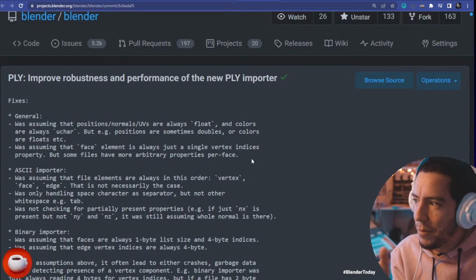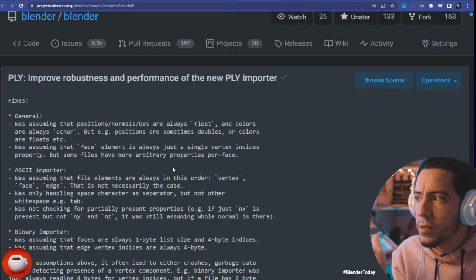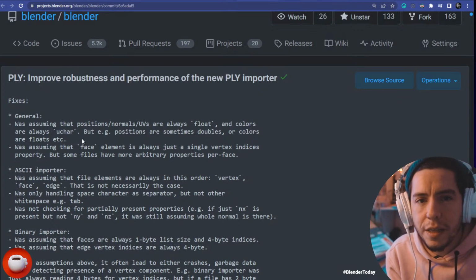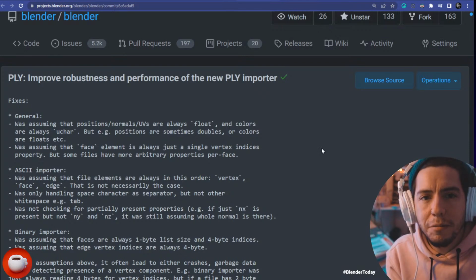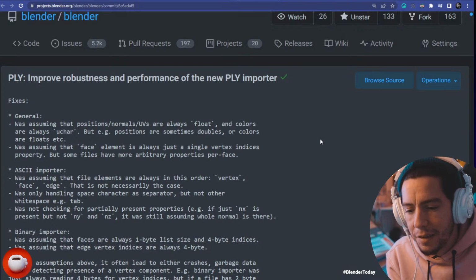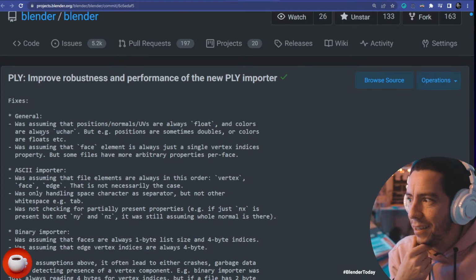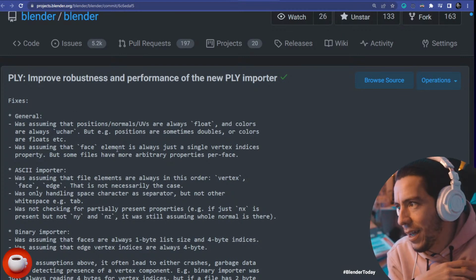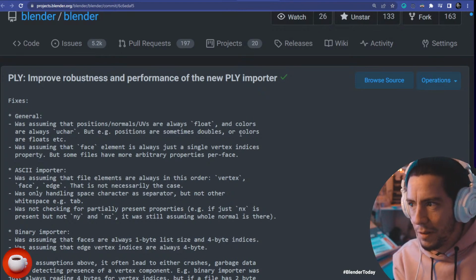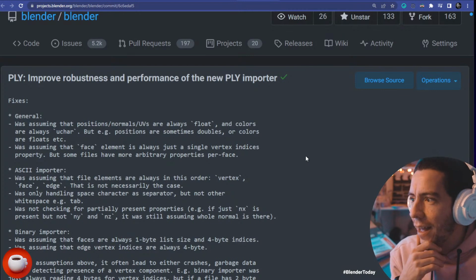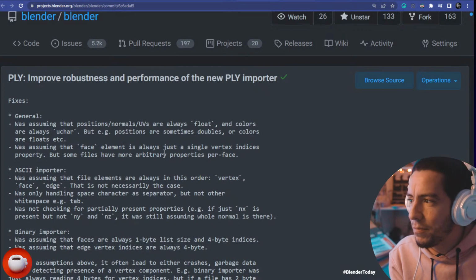making importer-exporters. For example, the new importer was assuming a few too many things that maybe are not common in most files that you're testing, but you can tell here that Aras, by experience, knows that some files can be weird. Some files can have the colors as floats or the positions sometimes as doubles instead of floats, and yeah, so you have to account for that. Then face elements, the